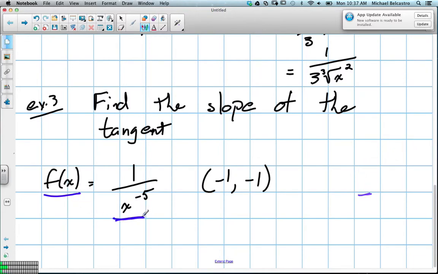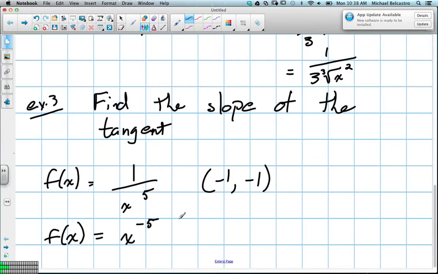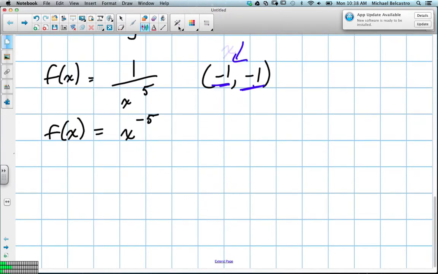So in this example, we have our function f at x. Okay? And I'm going to actually simplify this function for myself before I get into solving it. I can rewrite it, actually, sorry. I want that to be positive. So I'm going to rewrite this as f at x is equal to x to the power of negative 5 when I go to solve it. They want us to find the slope of the tangent to our function when we have x at negative 1. Okay? They've given us the y value, but the value that is important for us is our x value, because we'll be subbing that into the derivative. So let's find f prime x